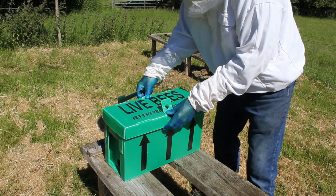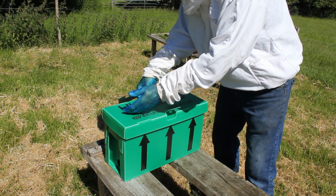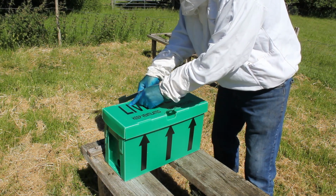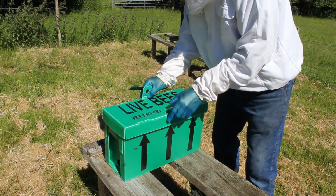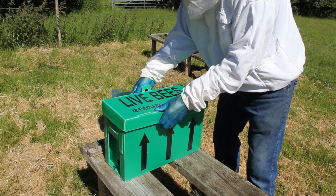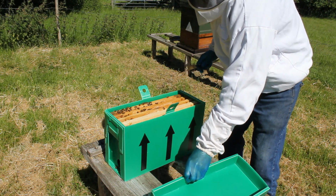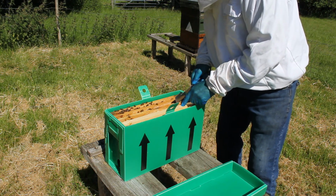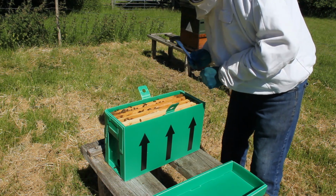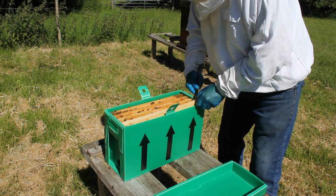Now hopefully we've got pollen this side, I think it should be, a few frames of brood and a frame of capped honey or liquid nectar at least. So we'll have a look now to see what we've got in here. Well, we've got bees covering about 3 frames. These 2 they're not covering, so there's plenty of room in here. So you don't want your nucleus swarming, because if it's too jammed,